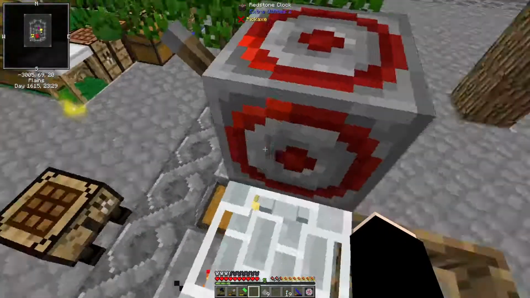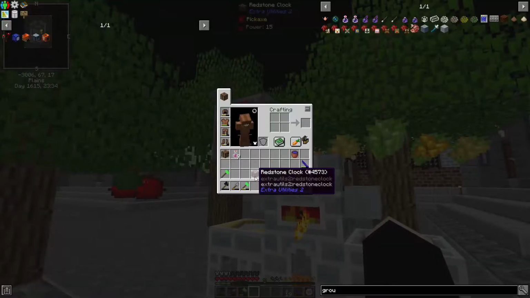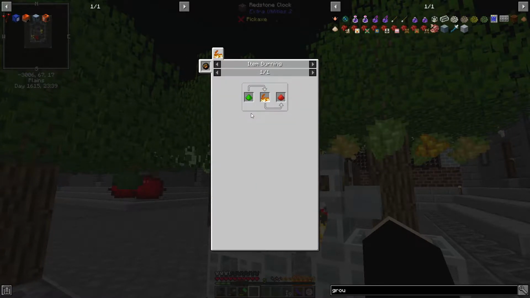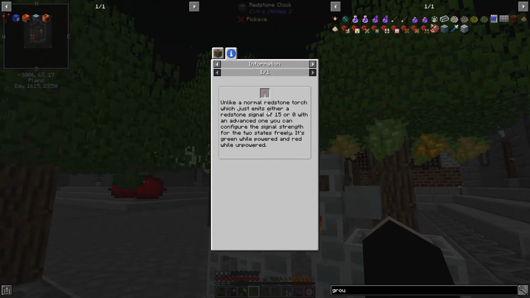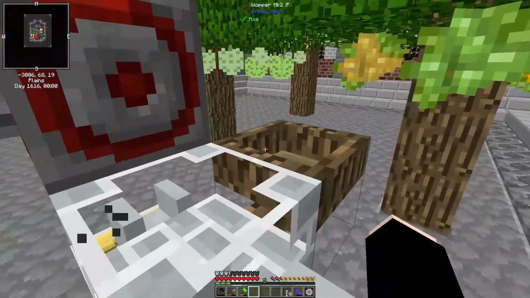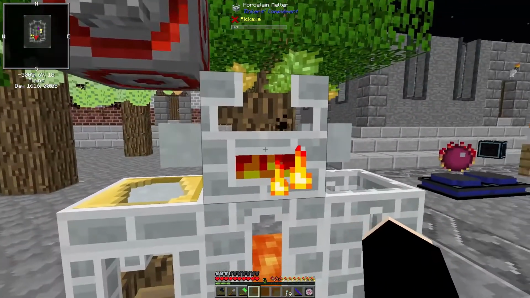As you can see, I had semi-automated my smelter because the clock is really easy to make. It's just some redstone, stone, devil dust. We've done that before, and an advanced redstone torch. It is a bit more expensive than the regular redstone torch, but it's not that hard. You can configure signal strength. Nice. Not that we need that right now, but dust goes into the hopper, goes into the smeltery, and as